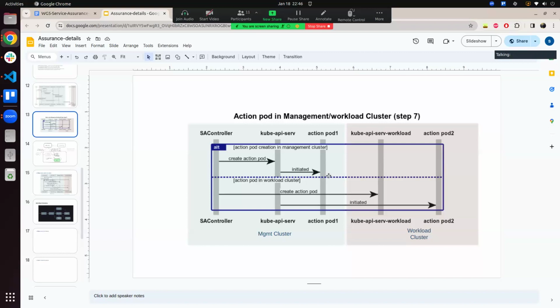Okay. So in other words, there is no action pod or whatever required to accomplish that. But yes, there could be a certain life